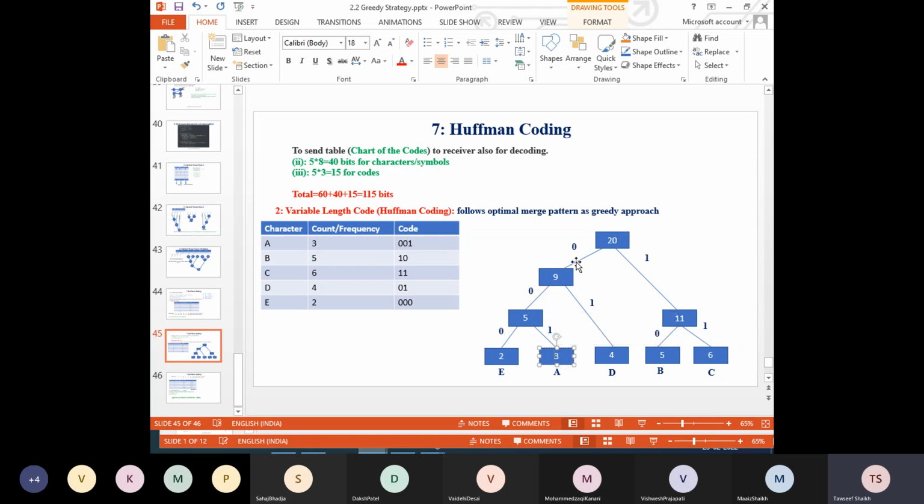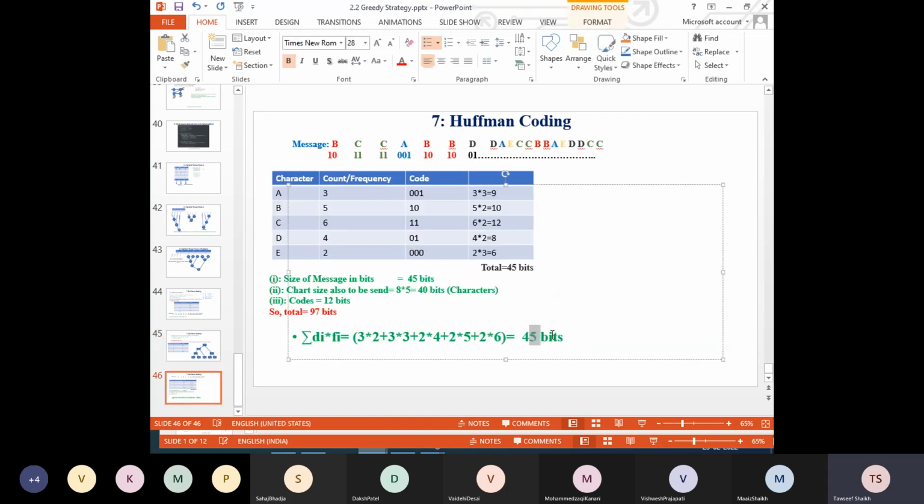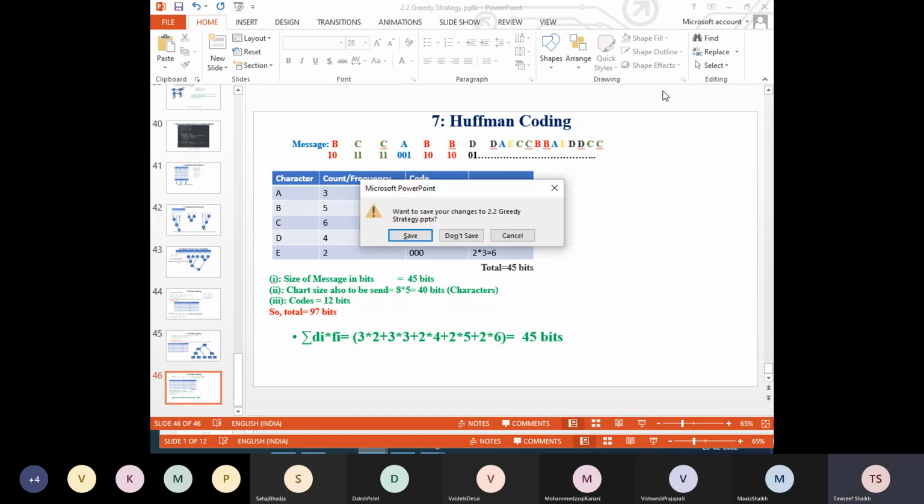1, 2, 3, plus this 4 into its distance from the root node, 2, plus this 5 into 1, 2, plus this 6 into 1, 2, again 2. So the summation of all those will again give you the total number of bits needed for representing this message. So in both ways we will get the same result. I think it will be clear to everyone. So we will stop it here,